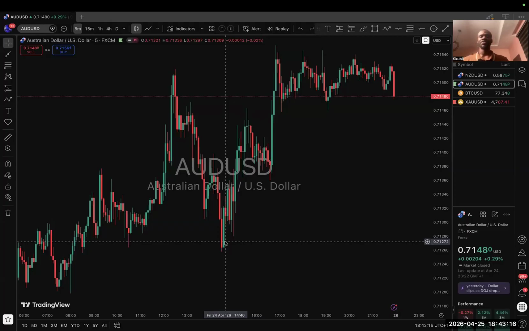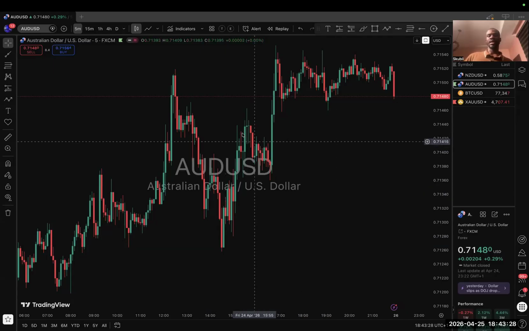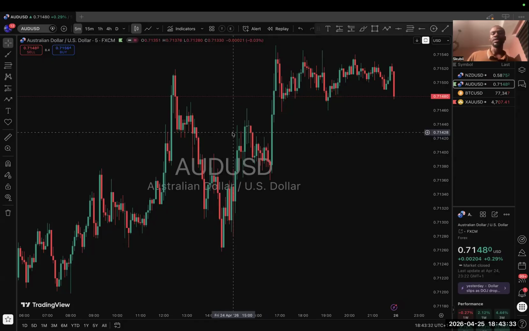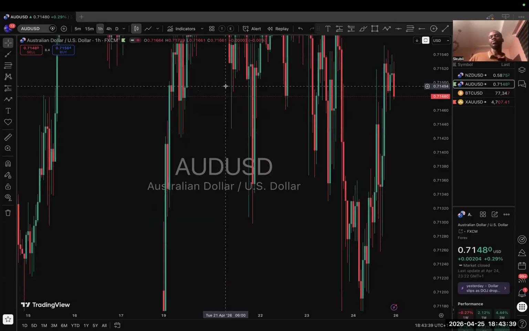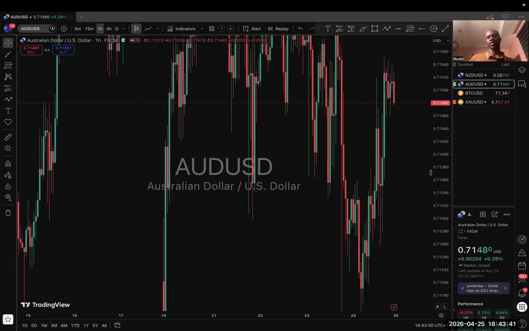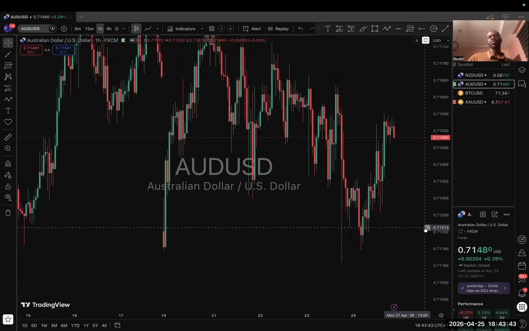I think this is the first session where we're going to be doing a market outlook. We're going to be looking at what opportunities we had in the market for the week, and which opportunities we basically missed. I'm going to be looking at AUDUSD primarily because we had a lot of opportunities on it, and then we'll still talk about the ones that I saw that we also missed. We'll look at the opportunities we took and why I took those trades.